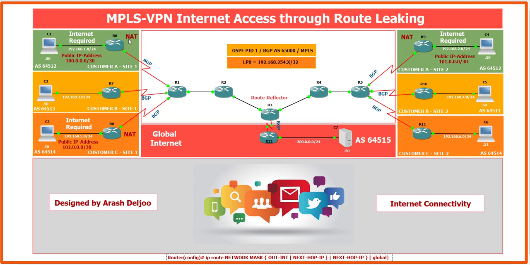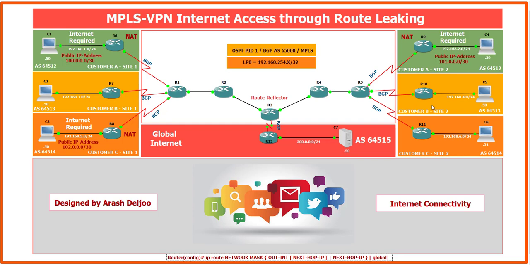The NAT configuration: we need to configure NAT on the R6, R8, and R9, but we don't want to use NAT on R7, R10, and R11. This is the next difference. Okay, we can start the configuration by configuring the simple VPNs between, for example, customer A site 1, site 2,